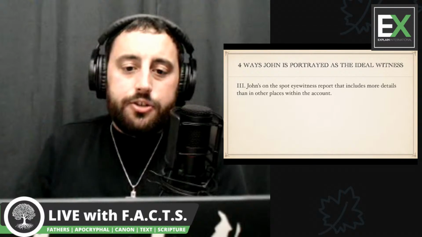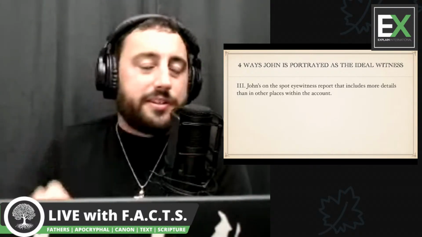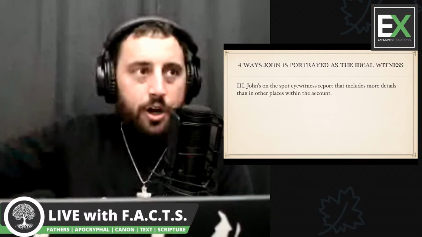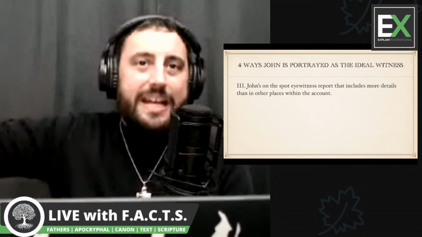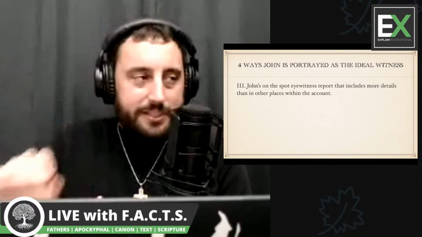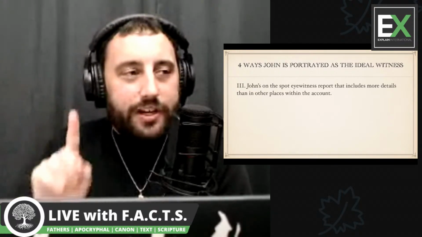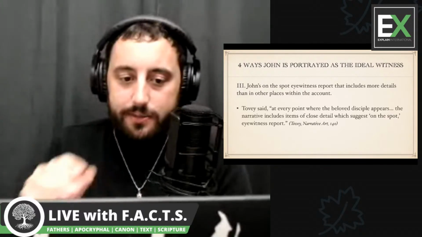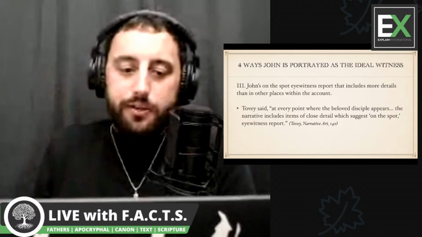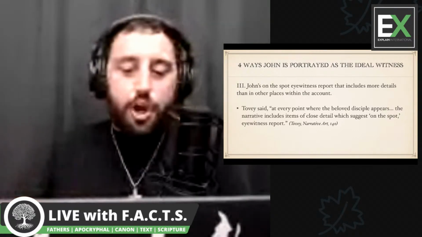Another one is John's on-the-spot eyewitness report that includes more details than in other places within the account. So when John is on the spot, when he is there on the scene, when you see the disciple whom Jesus loved in the discussion, when he talks about himself in the third person, when he puts himself in there with his epithet, the disciple whom Jesus loved, when he's on the scene, the stories have more details. Let's look at some of these. I like what Tovey said. Tovey said, at every point where the beloved disciple appears, the narrative includes items of close detail which suggest on-the-spot